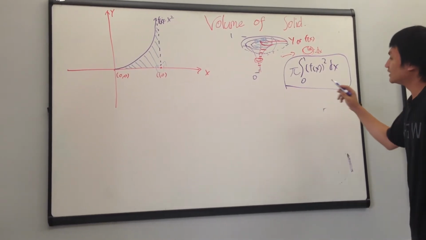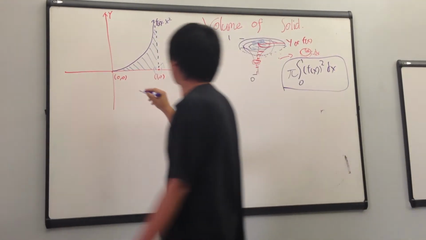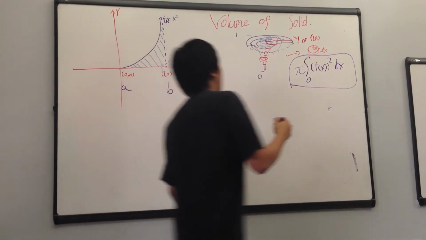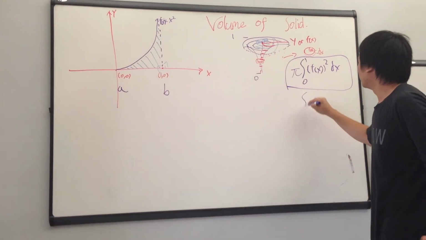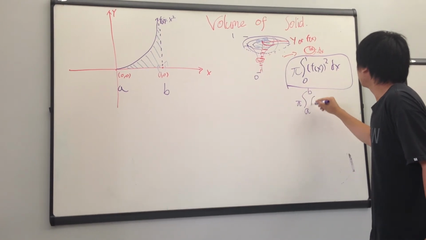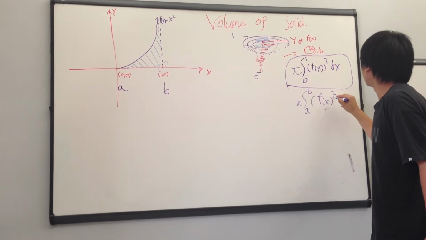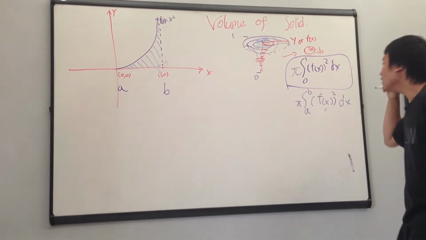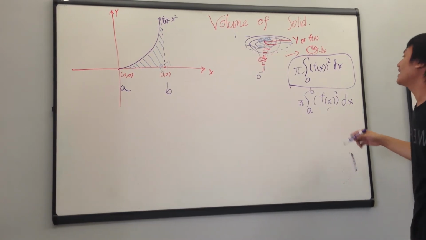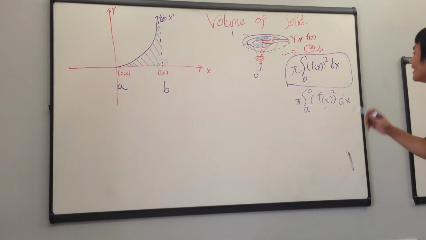And it doesn't matter, because if this point is from, let's say, A to B, we're just going to change the limits from A to B, pi times f of x squared dx. I don't want you to memorize this formula, but this formula applies all the time if they ask you for rotation. But all I want you to know is, if they ask for any shape,